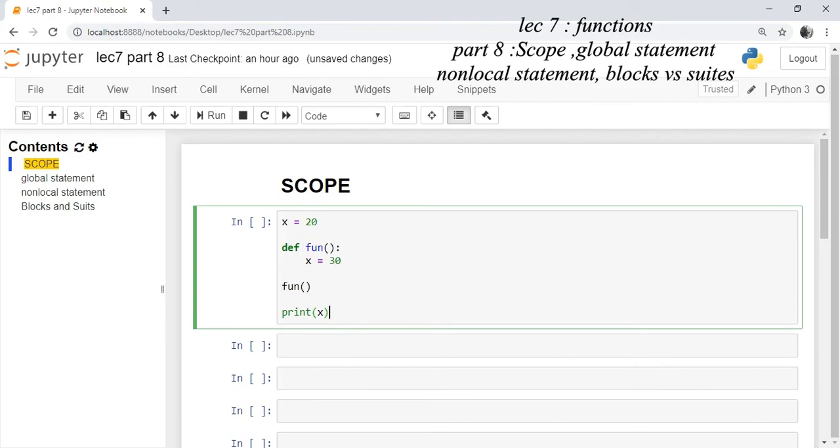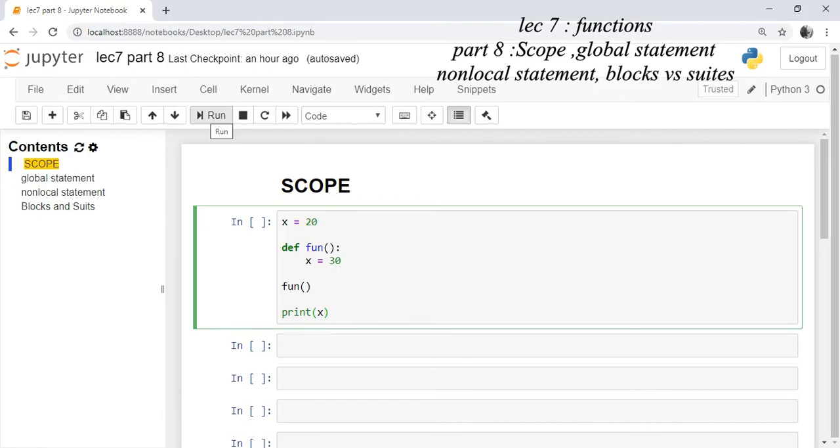First we initialize x with 20, we define a function, we initialize x with 30, and then we call the function. From here control is transferred to the function, x is initialized as 30, and we return to the next statement. As this x, which is defined inside the function, is a local variable, the value of x is valid in the function only. Outside the function the value does not persist, and it is a different variable than this x.